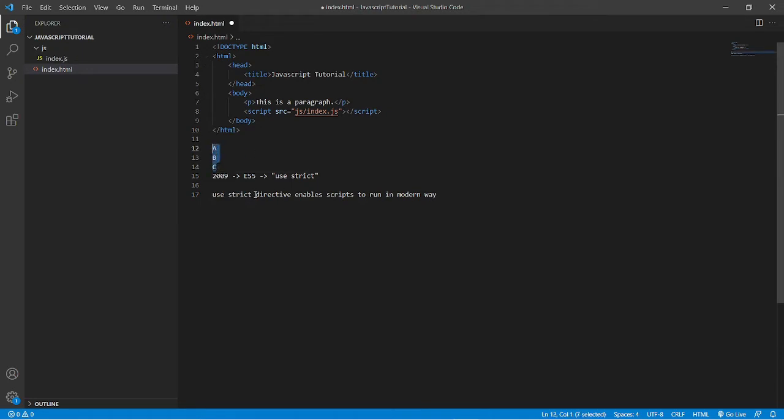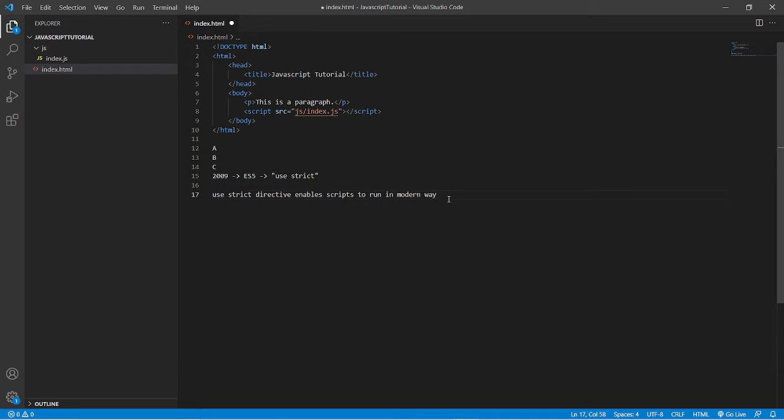If we do not use strict, then the browser will compile the JavaScript code in the normal way. It means the browser will not check the new features that have been modified in the previous versions.